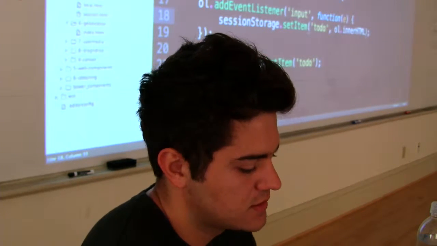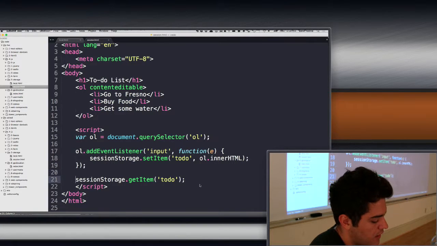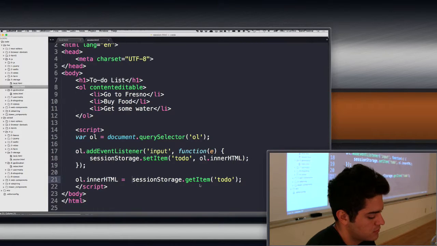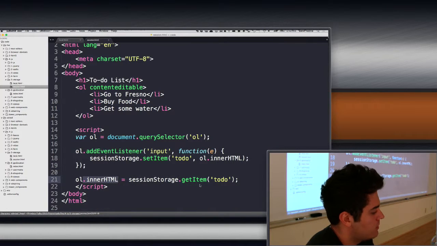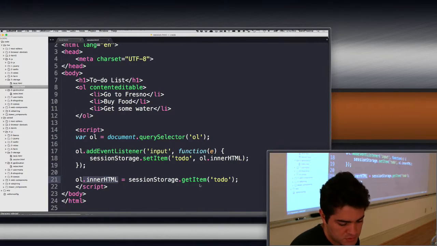So we are setting this HTML, and now we just need to get it back, right? So all the innerHTML, same thing. So we don't need complicated parsing and checking stuff, because that's how the innerHTML API works, right? If we set a string, this is gonna convert to a